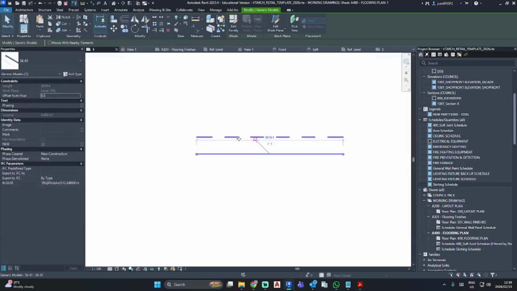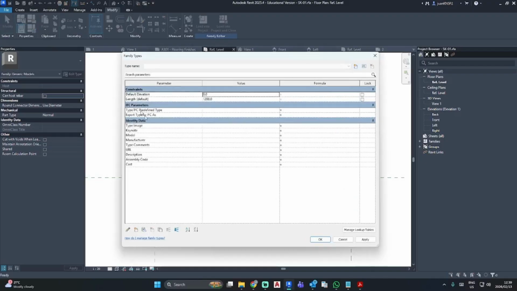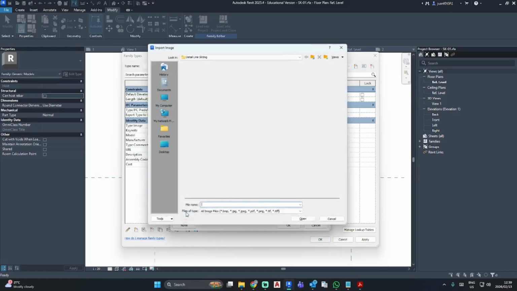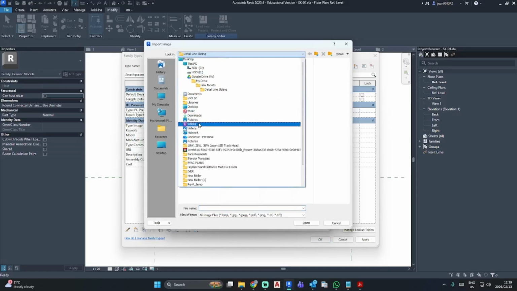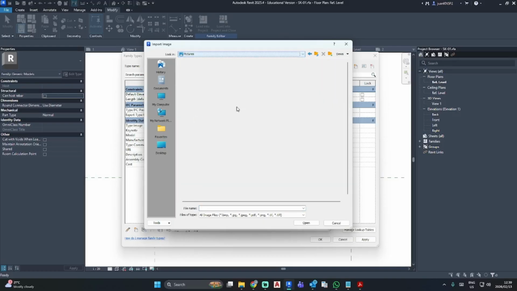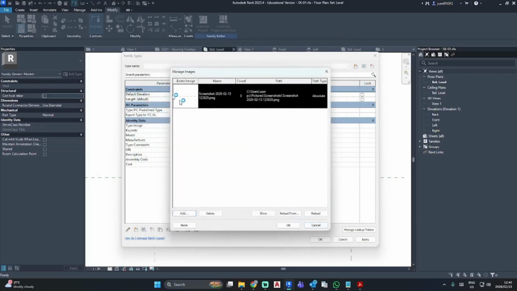Type image is grayed out, so I will have to go edit family, properties. You'll see identity data type image, and here we are going to add our schedule. The screenshot that we've just taken. Let's find pictures, screenshots, and I'm going to scroll all the way down to my image.